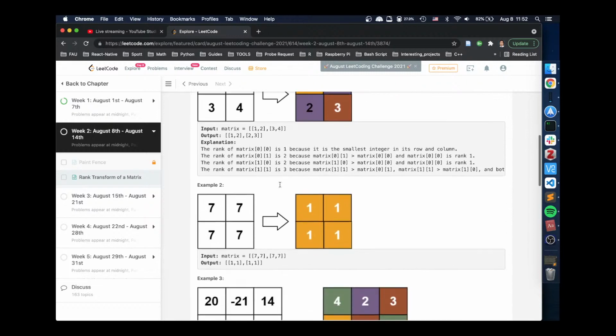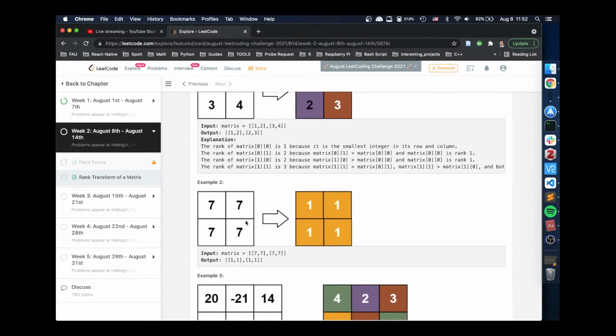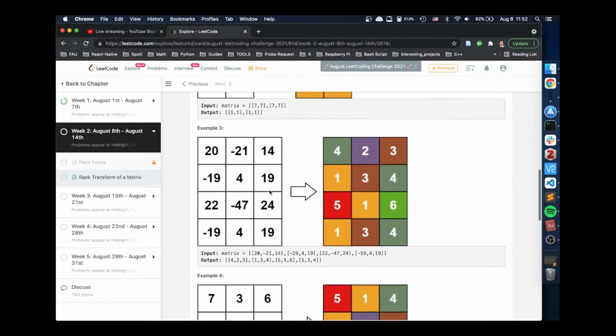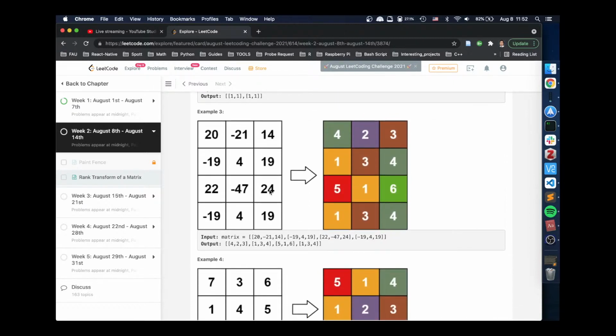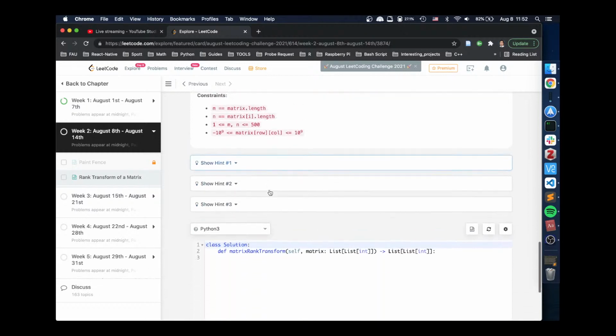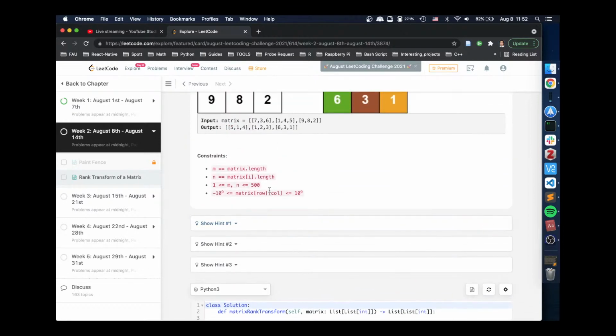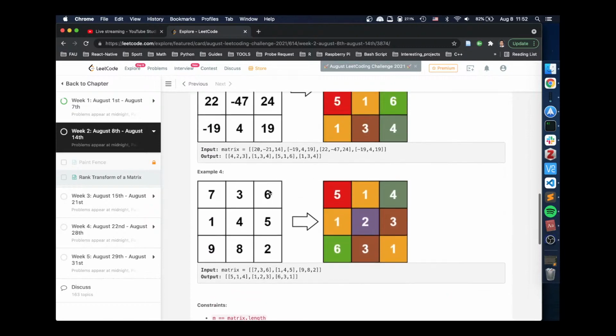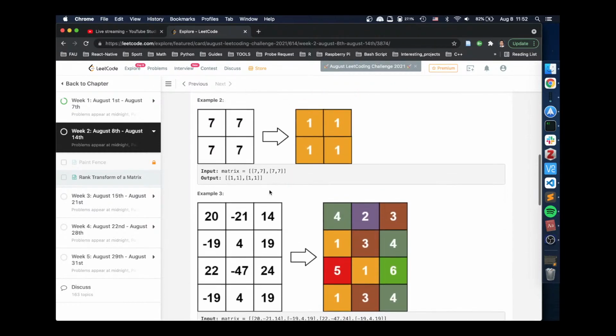Okay. This one will be 1s, yes. This one, oh my god. Oh, it's complex. Oh, 3 hints. Damn. 500. Okay, so